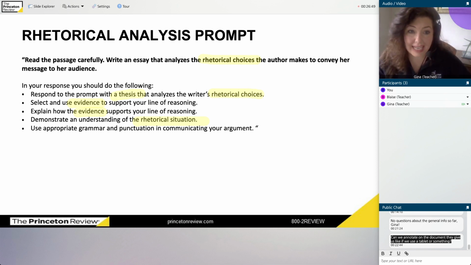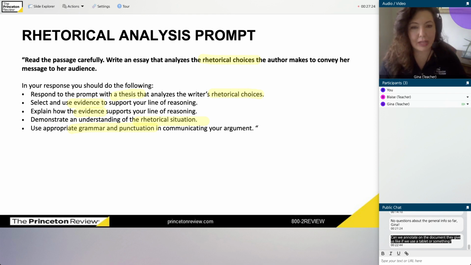And then this last bullet point is really important too. You need to write well. You need to not only use proper grammar, proper spelling, and punctuation, but you also just need to write in a manner that's elegant and interesting if possible, right? That's going to go into your score as well. So, unfortunately, you can have great ideas, but if you don't deliver them well, it's unlikely that you'll get a high score.